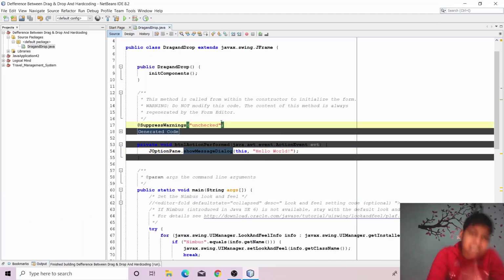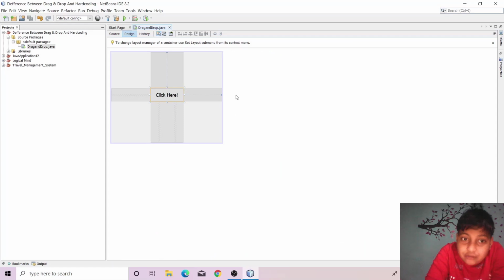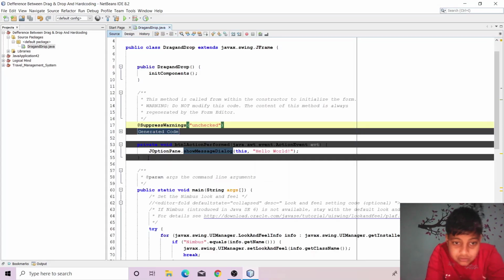So we discussed drag and drop. Now let's quickly discuss what hard coding is. Hard coding means without drag and drop. For this button also you will have to type the code to create it. Also for this font you will have to type a line, and for this action you will have to type all these things.